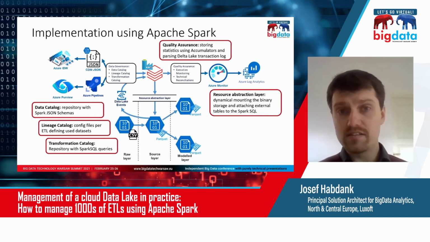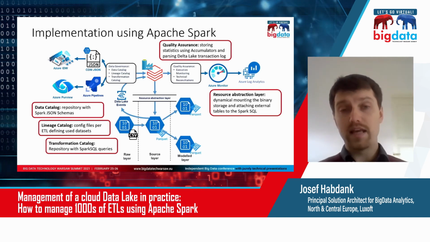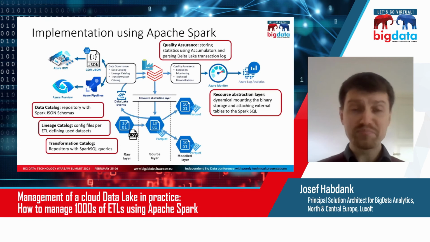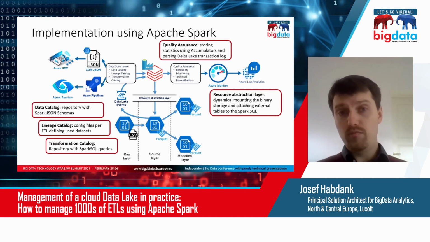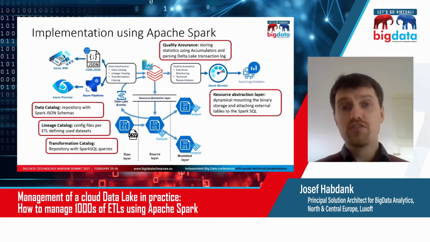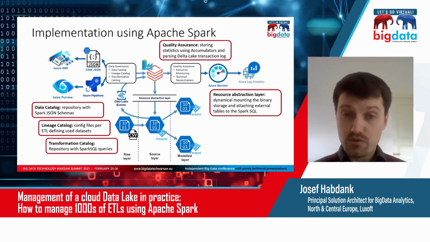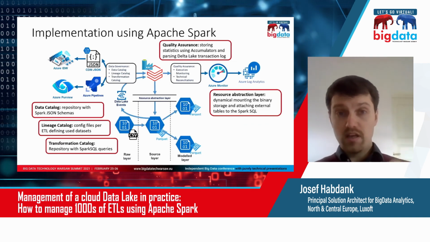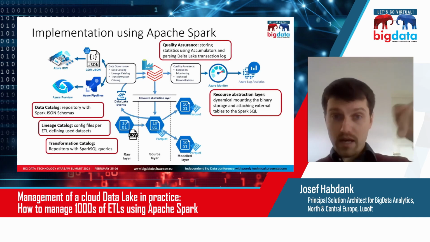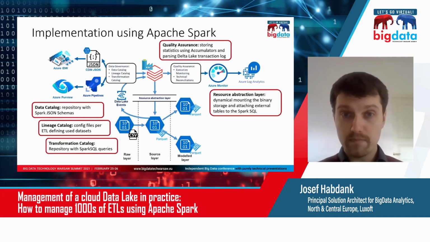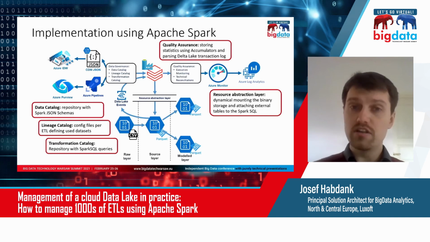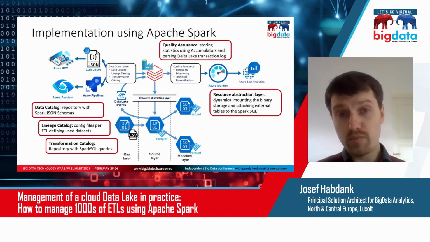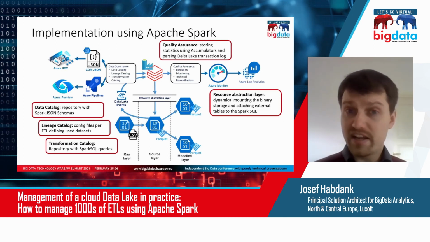Lineage as well. We built our own config files that allowed Spark to point to the right locations when you're doing the transformation. Then we run those details on Spark SQL. So we have a repository of Spark SQL queries that we use. When you're building a new ETL, you say, I'm going to pick these 2 tables from the catalog, it's going to connect like this, that's from lineage, and it's going to run this SQL query from the Spark SQL repository. And then it just executes this query.